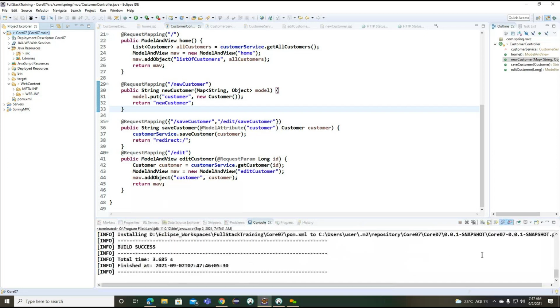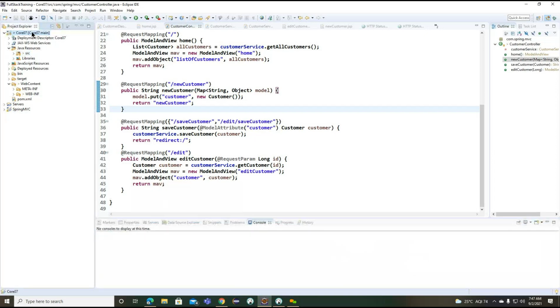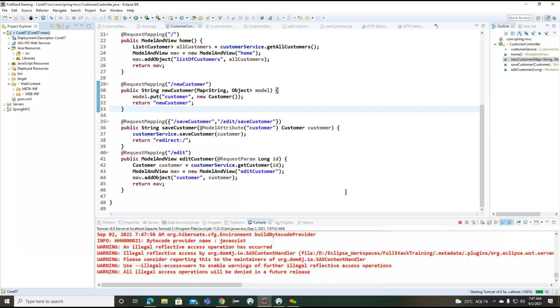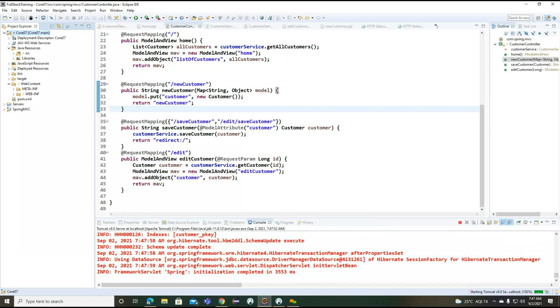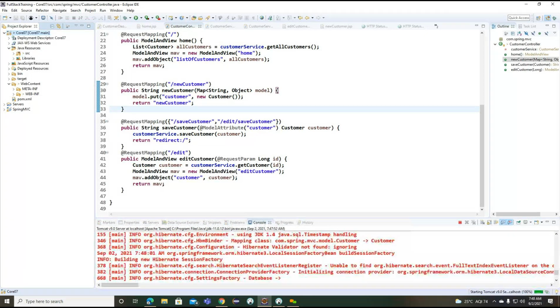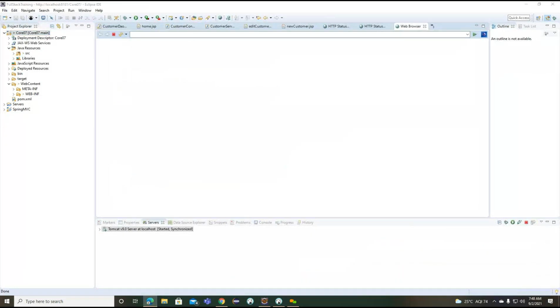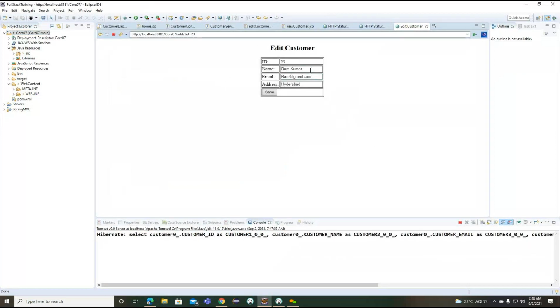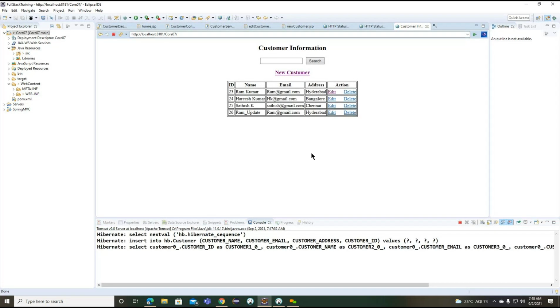So once we build here, we'll try to run this particular server here. Okay, let me click on edit here. Only I want to update here. Okay, let me save here.